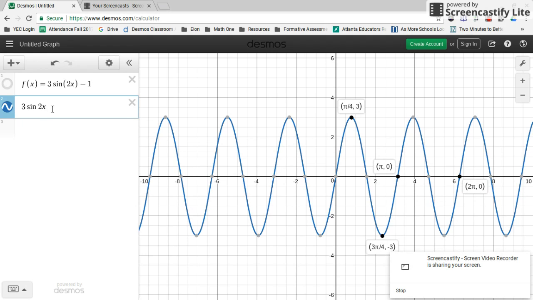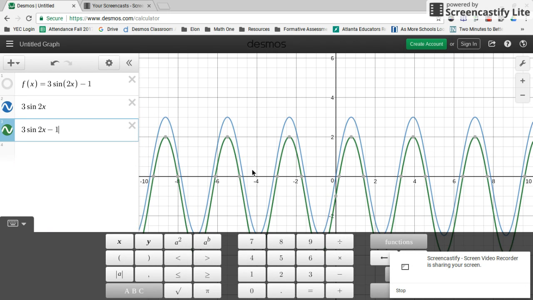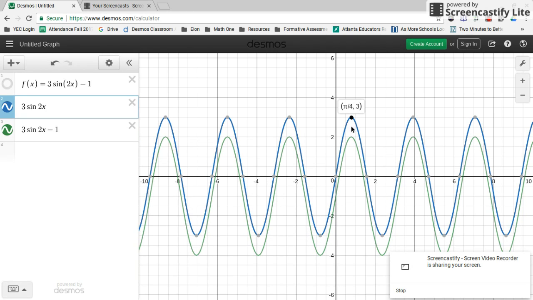All right? The last transformation that I'm going to apply to this is the -1. I like to have this whole function drawn, right, with my amplitude and my frequency before I mess with my midline. Because all I'm going to do with my midline is I am actually just going to move every point down 1. All right? So for that, I'm going to put 3 sine of 2x, and I'm just going to subtract 1 so that you see that these are really the same points, same coordinates, except you have gone down 1.